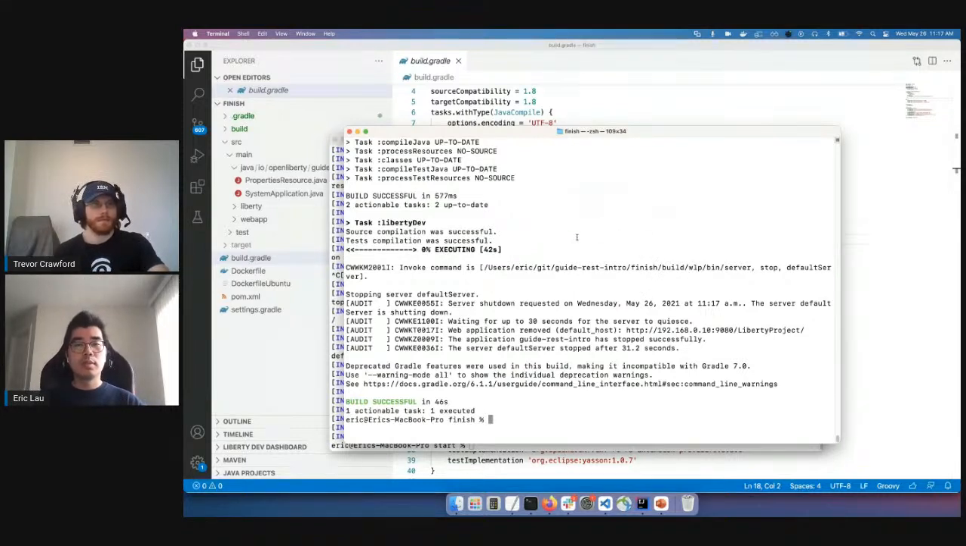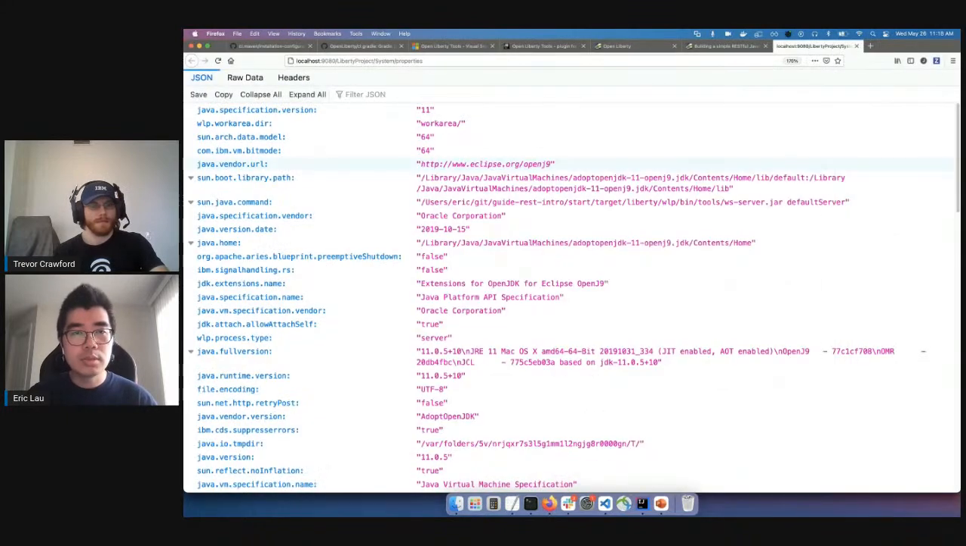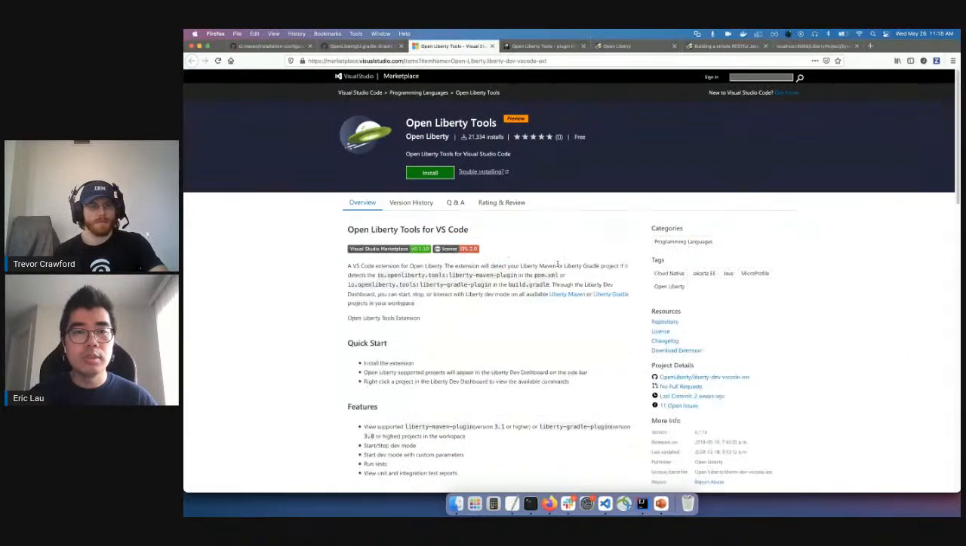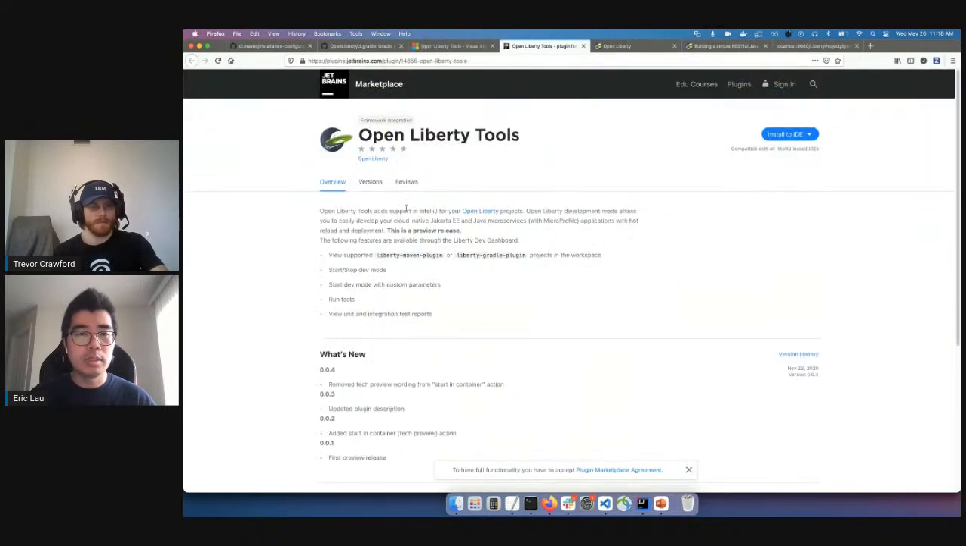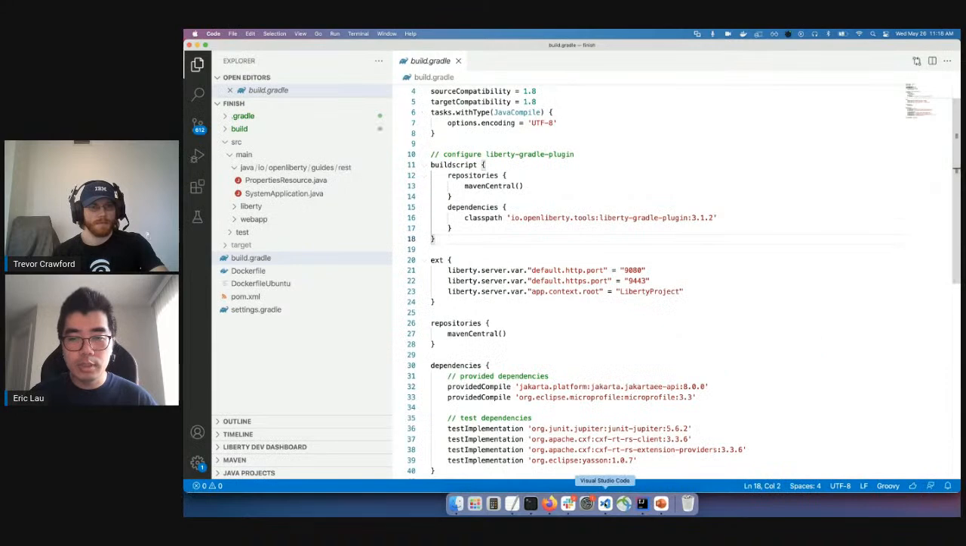But we also have some IDE extensions. We have some previews for IDE extensions currently for VS Code and for IntelliJ. So if you go to the VS Code marketplace, you will find the Open Liberty Tools extension there. Or for IntelliJ, you can go to the JetBrains marketplace and find the Open Liberty Tools extension there. So once you install either of those extensions in your editor, and for example, in VS Code,